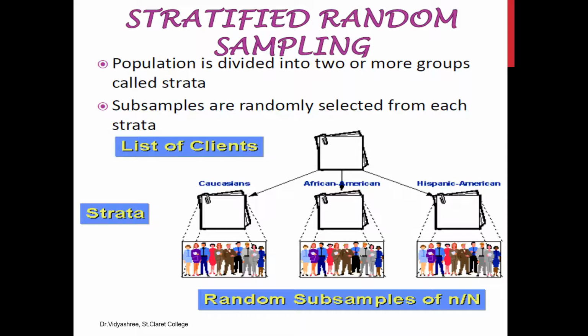You can see the picture over here. From the main population, the population is divided into three groups here, considering a bit of homogeneity, or classified according to the countries. So from each country, we are going to pick the samples randomly. That is nothing but first you divide it, and from the division, you pick a few people randomly. That is stratified random sampling.